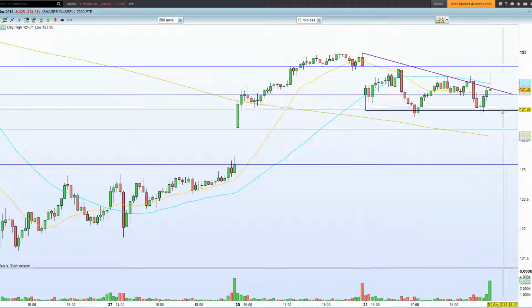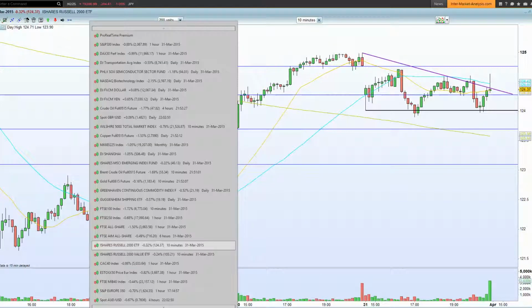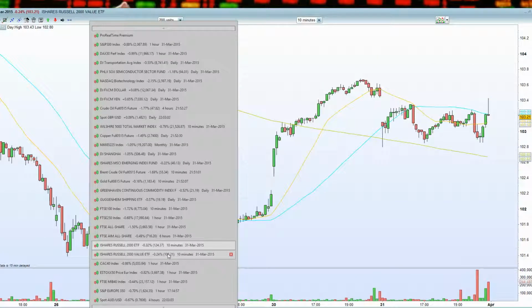So there was no new lower low put in. It held a low. Therefore, from my perspective, it's bias bullish, especially given the fact that we had rising volume towards the close. So bias certainly stepped in. Very impressive. Okay, so the Russell, so the IWM, it certainly isn't showing any signs of exhaustion.